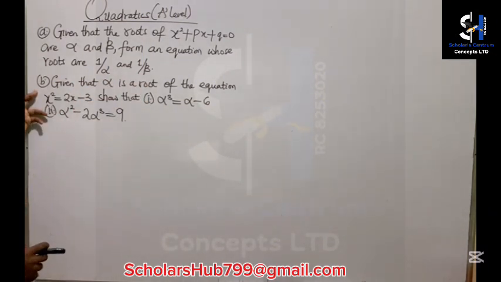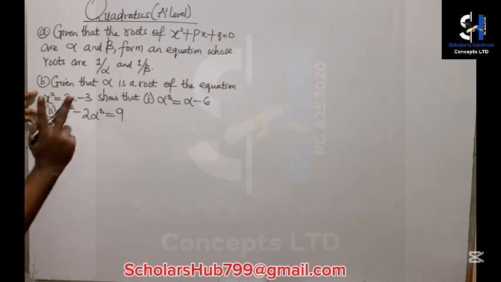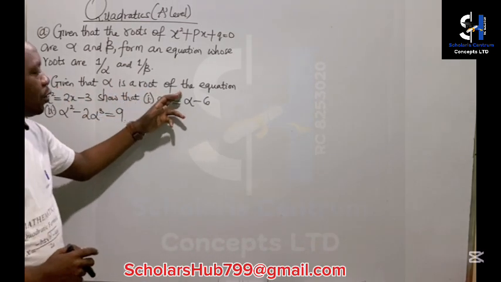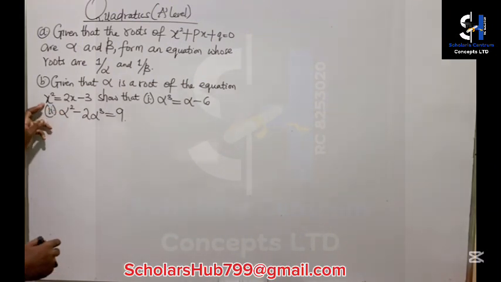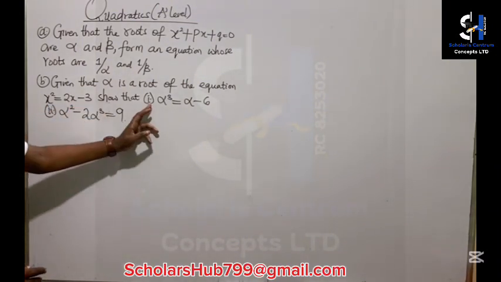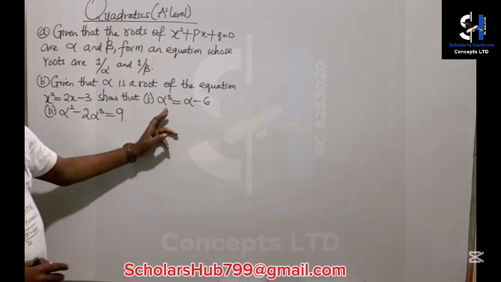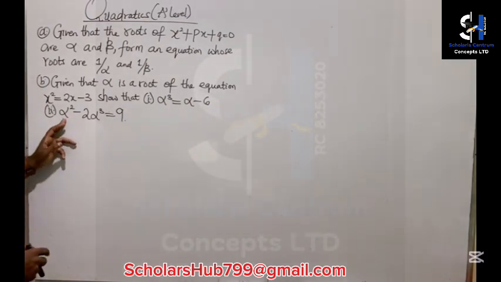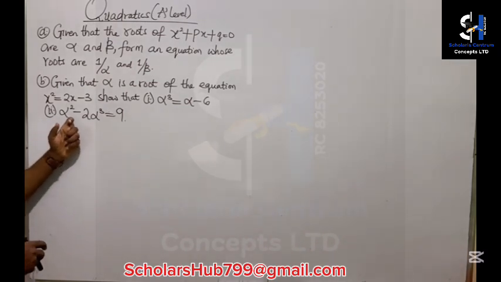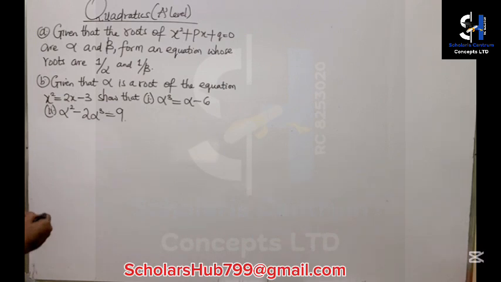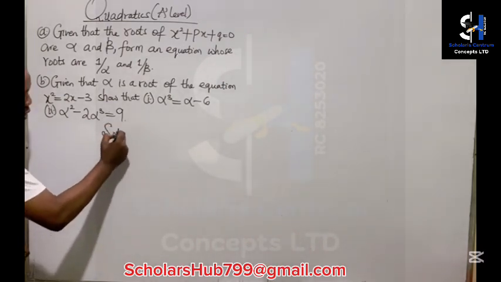Now the second question. We have two questions. The first one is that given that alpha is a root of the equation x squared equals 2x minus 3, show that (i) alpha cubed equals alpha minus 6, and (ii) alpha squared minus 2 alpha cubed equals 9. Okay, so in this case,